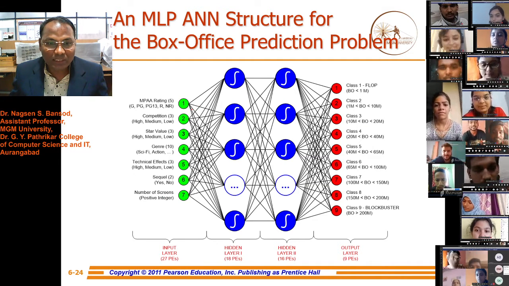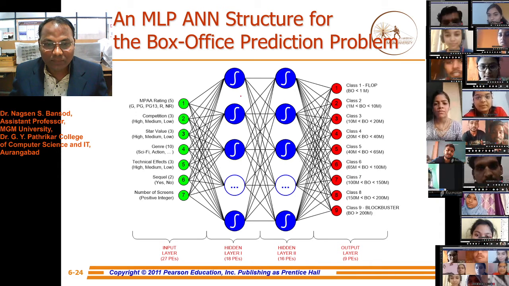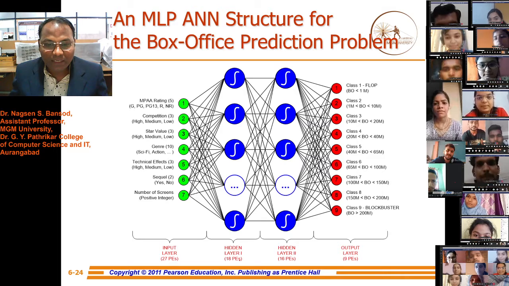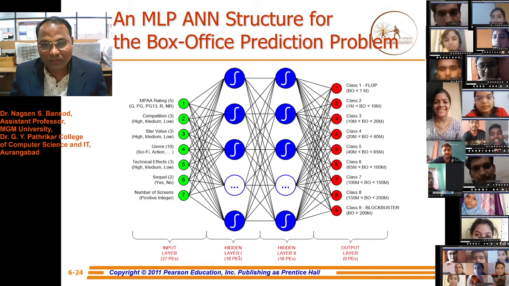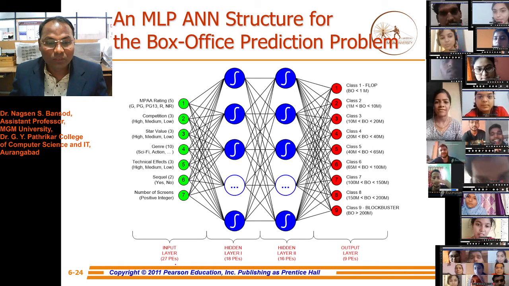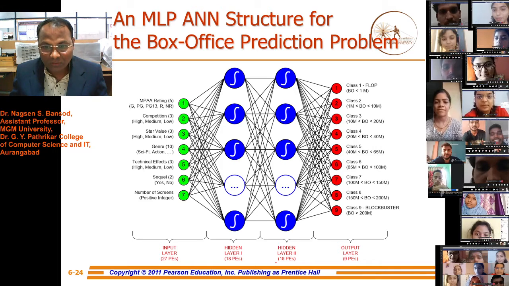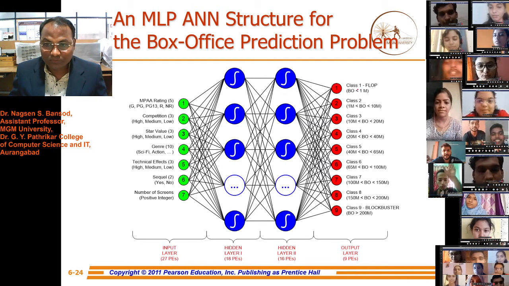Once we have selected the 1 to 7 inputs, we provide the hidden layer processing elements. There are 18 elements we have selected for the input layer, 27 processing elements, and accordingly we get the output.